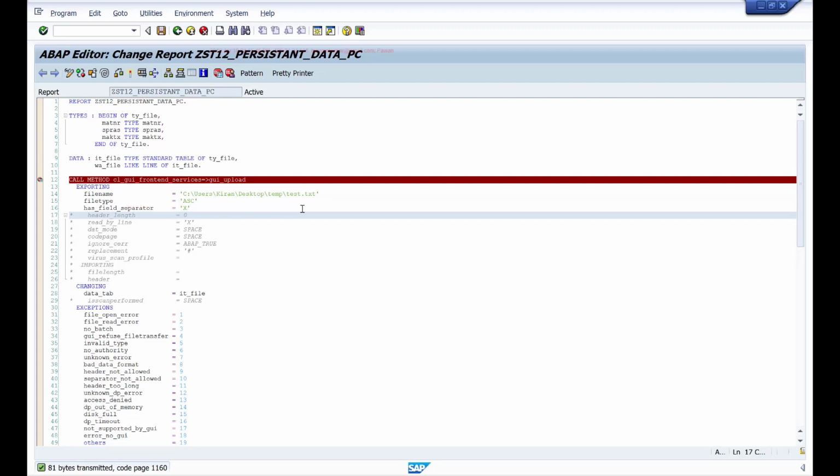In that case, we'll upload the file and process it. Similarly, in most cases, the users want to save the report output locally. In that case also, we'll allow them to download this data from your ABAP program and save it locally on their workstation. So this is the class provided by SAP for working with files at the presentation layer.